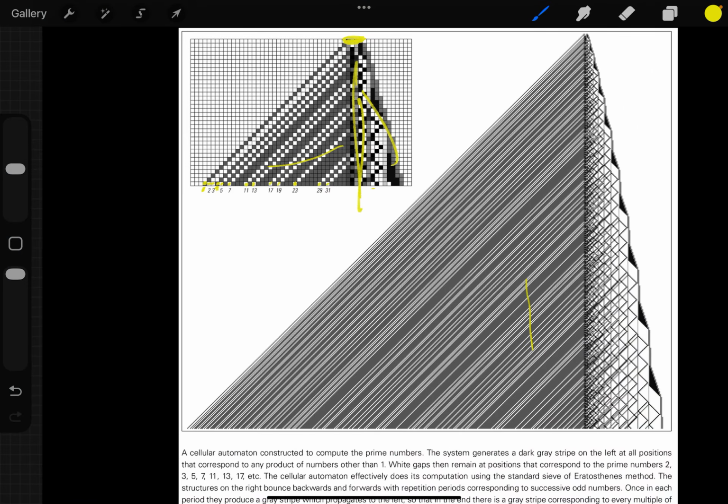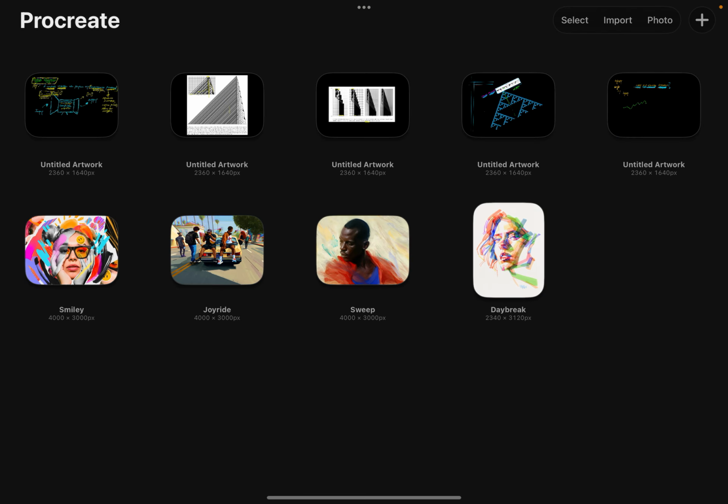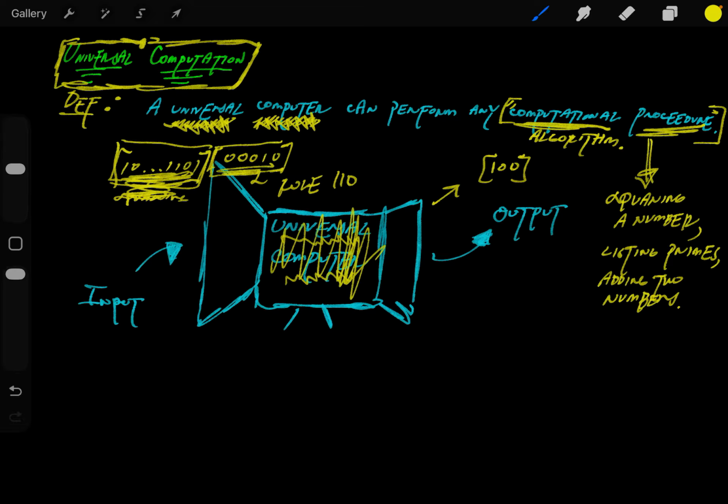So instead of me having this universal computer, it's rule 110. Same idea: I could input that string in such a way that I could get any of these things, adding two numbers, whatever, any computational procedure, depending upon how I program the input, that first row. And I have enough space. I would have to make that row large, but I could do any universal computer. Now what's interesting about this